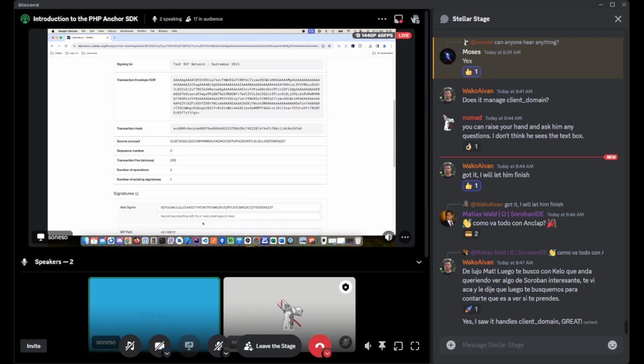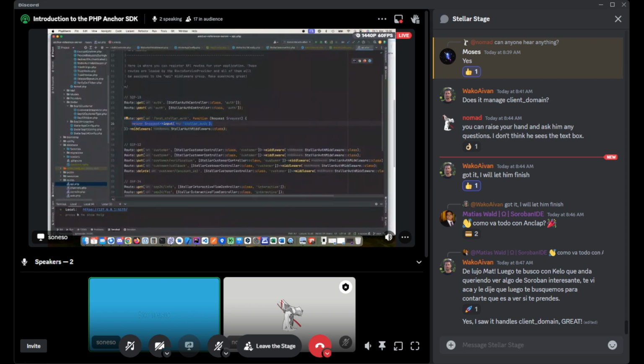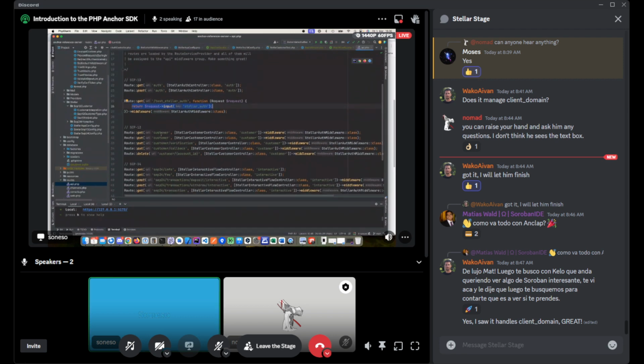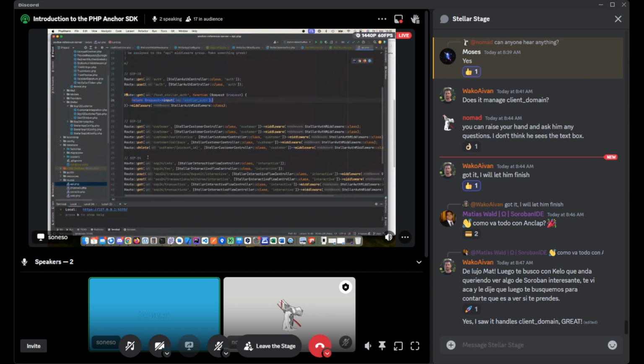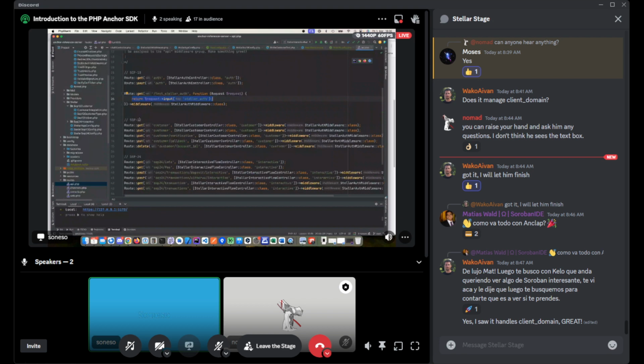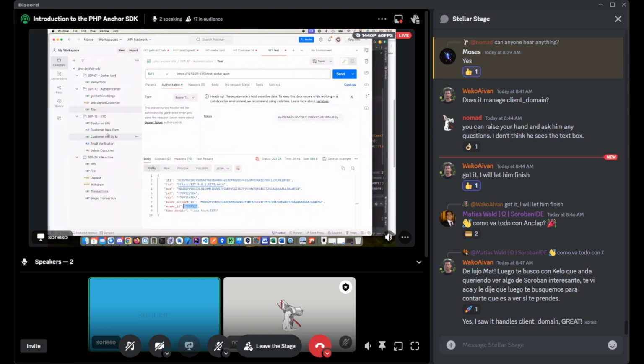So here you can see how much work the PHP Stellar SDK, Anchor SDK can take away from the anchor developer. It is Stellar specific functionality that, of course, he needs to understand, but he does not need to implement it again and again. Currently the PHP Anchor SDK supports SEP-1, SEP-10, SEP-12, and SEP-24. And now we can have a short look at SEP-12. I also prepared some